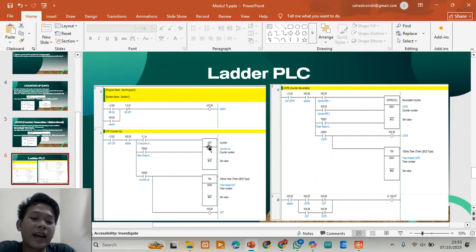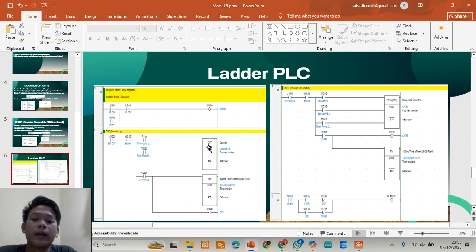CNTR is perfect for a bidirectional system, such as counting the forward and return of a pneumatic cylinder.